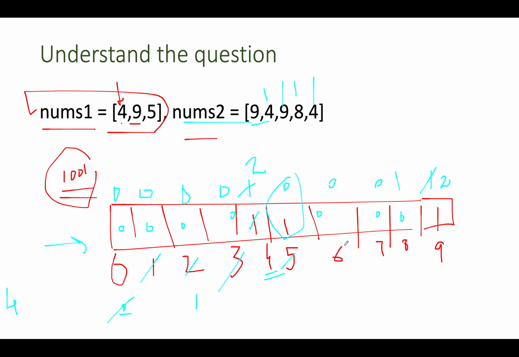So we'll skip it. Next is 6, 0, 0, 7, 0, 0. Then we have 8, it's 0, 1. So we'll skip it. We have 9, we have 1, 2. Which one is the lower one? 1 is the lower one. So you need to add 9 one time in your output array. So 4, 9 becomes your answer, and you will do this traversal up till 1000 because the size of the array is 1001. I hope you got the context. Now let's look at the coding section.